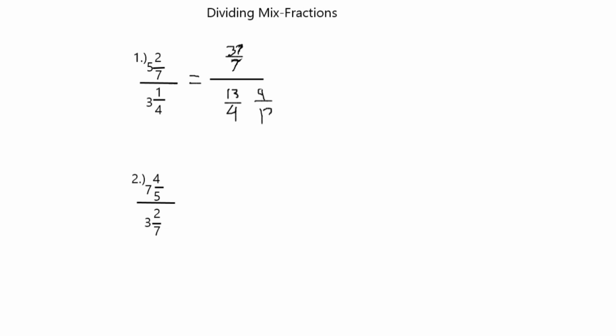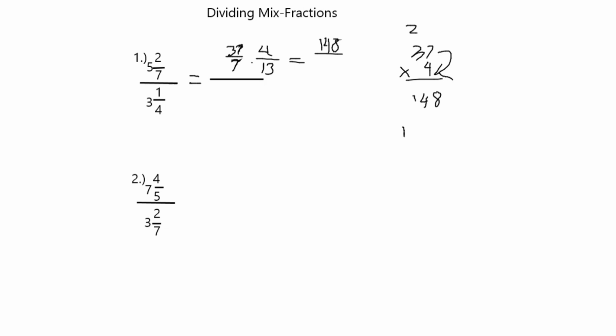So watch me on how I'm going to do it. So we have 4 here over 13, then 4 over 13 again. So here we go. There you have it, 37 times 4. Multiply across na lang tayo. So let's use long multiplication. Okay, multiply this thing. I'm tired. 4 times 7 is 28, 8 carry 2, 4 times 3 is 12 plus 2, 14, 148. So 148 on top.